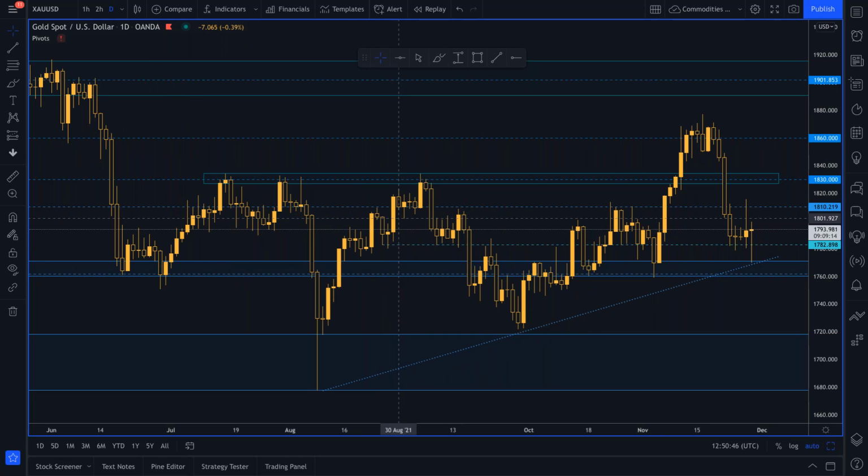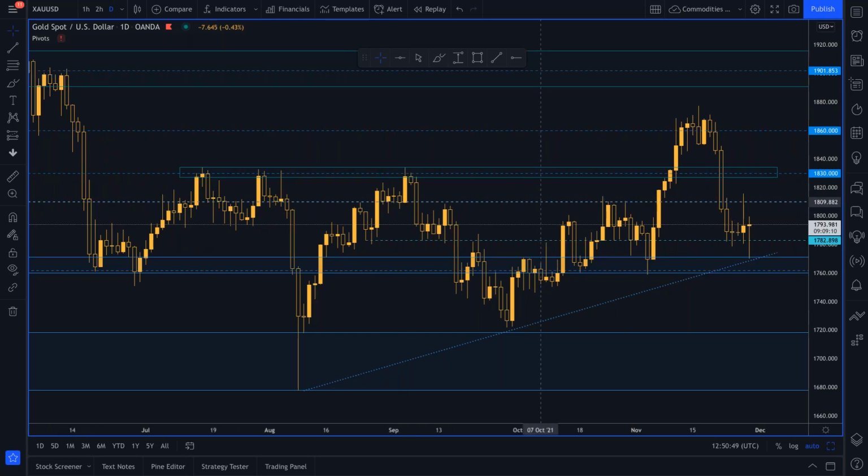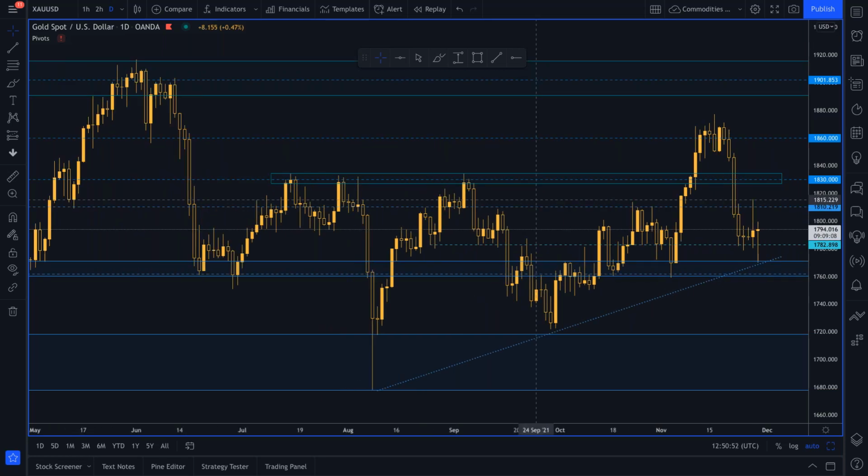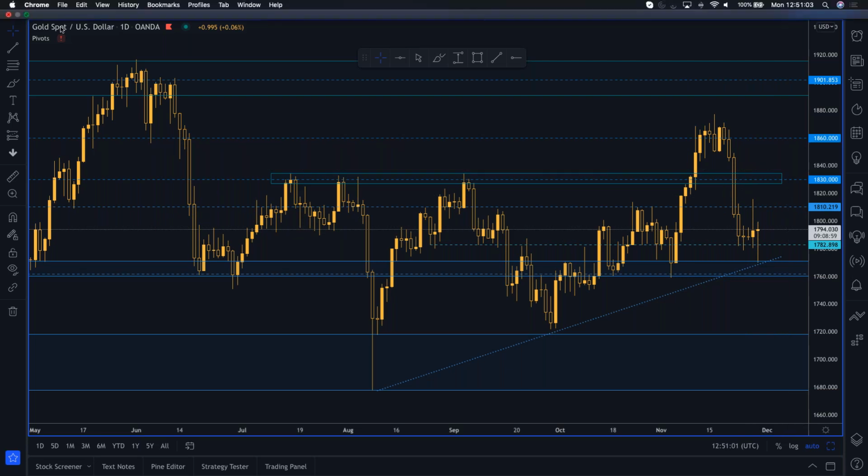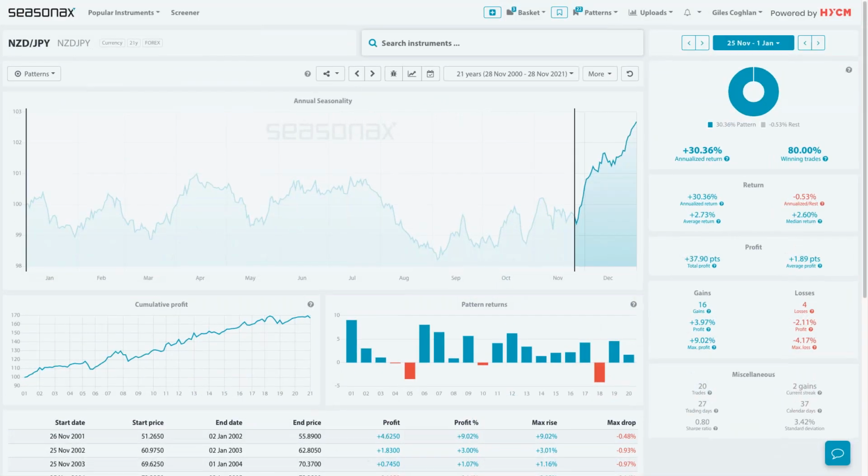I'm speculating, but this is how to understand the non-farm payroll. If Omicron variant fears fade away, then look at gold, and in particular, look at a weak non-farm payrolls number to really cause gold to surge. And if you just take a look at the strong seasonal pattern for gold, you'll see exactly what I mean.